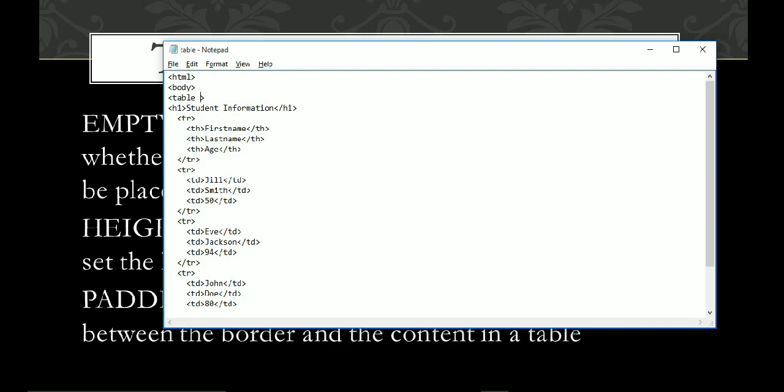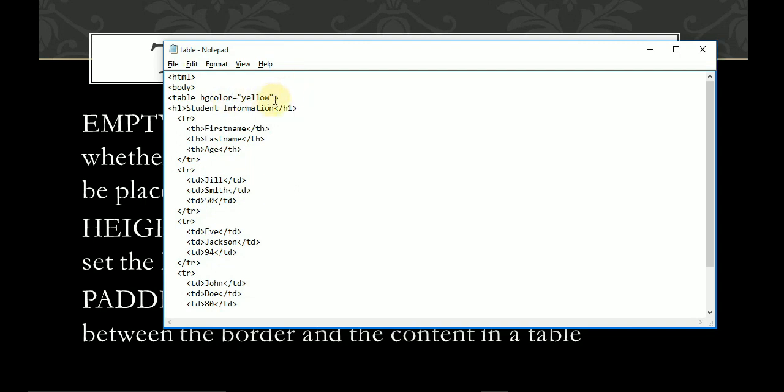For setting the background color, what we have to do? We have to use the attribute bgcolor. Bgcolor equal to red, or yellow. Set yellow. If you are setting the bgcolor under the table, that color will apply only in your table.